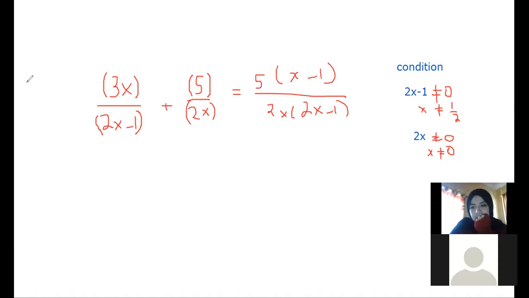Okay, so basically we multiply the first side by 2x, and the other one by 2x minus 1. Exactly. Very good. So I multiply by the term itself. Okay, all right. So I multiply the first fraction by 2x, and I multiply the second fraction by